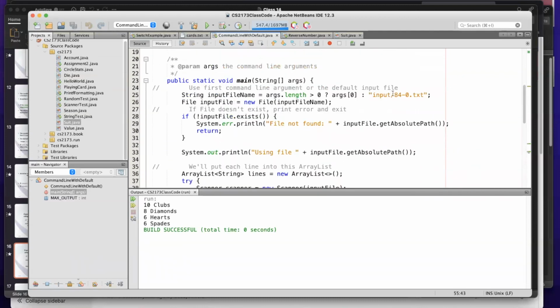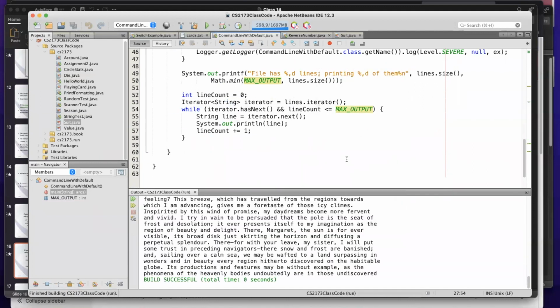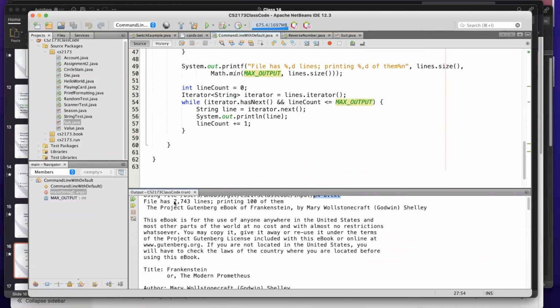Okay, so this is actually a file that I downloaded from Project Gutenberg. I forget which one it is. We'll find out when I run it. Okay, so we use this file, and it had 7,000 lines. I'm only printing 100 of them. And this was the Project Gutenberg book of